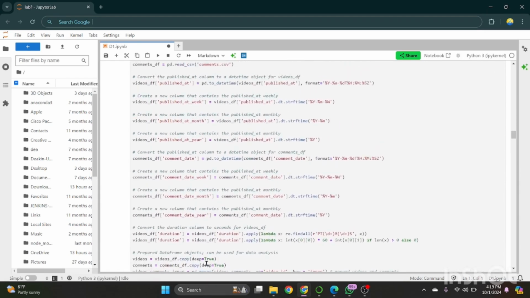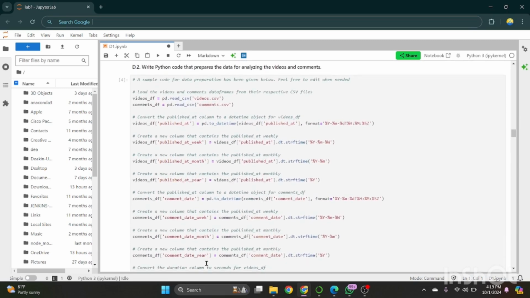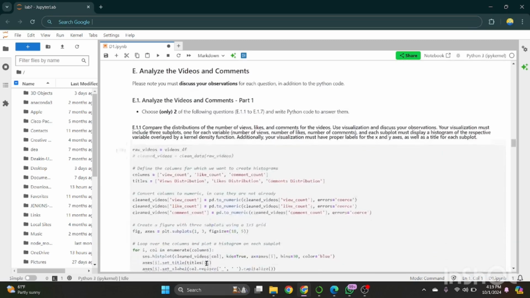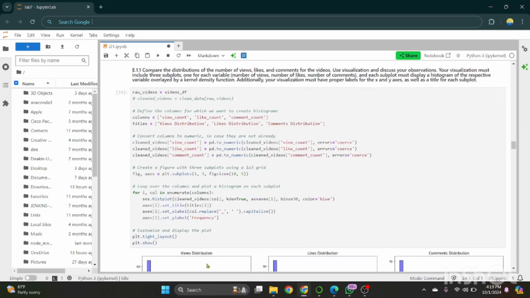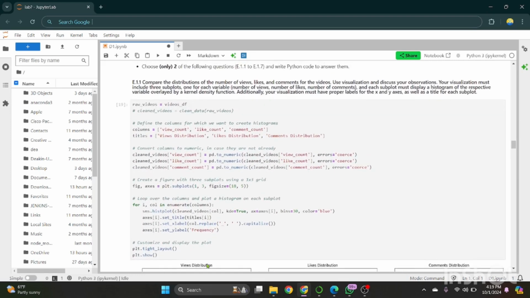In the E part 1, we had to answer two questions, and I have answered E1.1 and E1.2. Now I'll explain the code. Here in the E1.1, we have used the imports like libraries, pandas, and matplotlib. Here the sample data will be replaced by the actual data using the video_df data frame which is created. And here we'll clean the data using the pd.to_numeric for